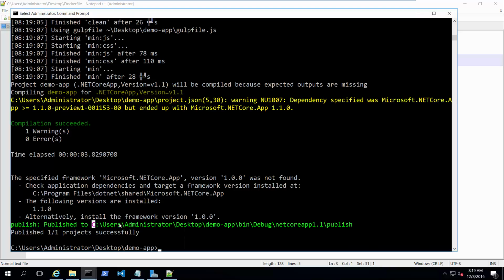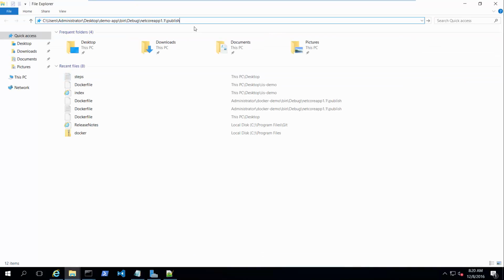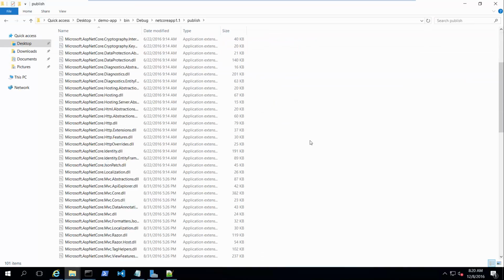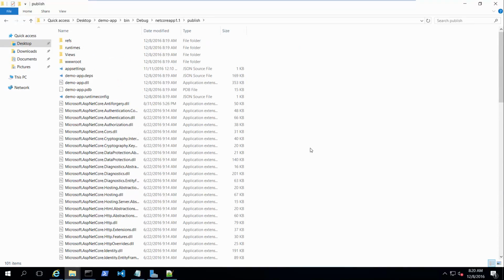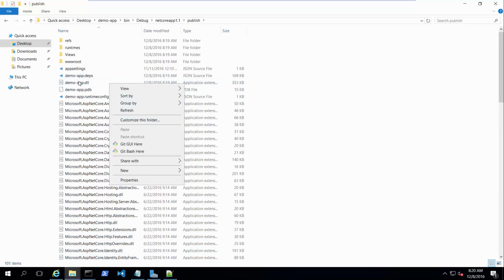This is where it published it, so I'm going to take this right here, and I'm going to put my Docker file in this folder so I can publish to this particular folder. So let's go over here to this particular folder. And you notice it's got all the dependencies already installed, plus all the content that I had otherwise put in there. And then my entry point is going to be this app here, this